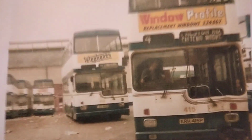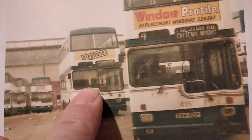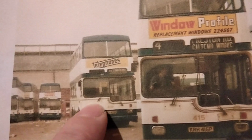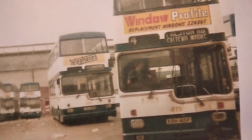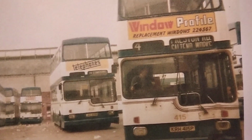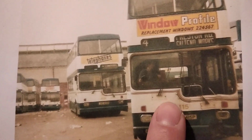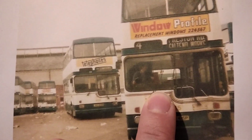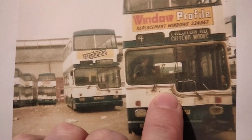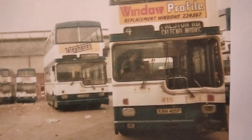you can just about see a notice in the window of the bus next to it. That would say unfit for service or stopped unfit for service. The reason for that, some of the buses that were parked around the Metropolitans were actually still in use. So it was just to stop a driver from taking one of them out in service. 415 had actually had one of the notices put on it. I think it had been taken off. In fact, no, that might even be it there. But yeah, it seems really strange to put it on there. Obviously, no driver is going to take a bus out with half a windscreen, but yeah, it did have one